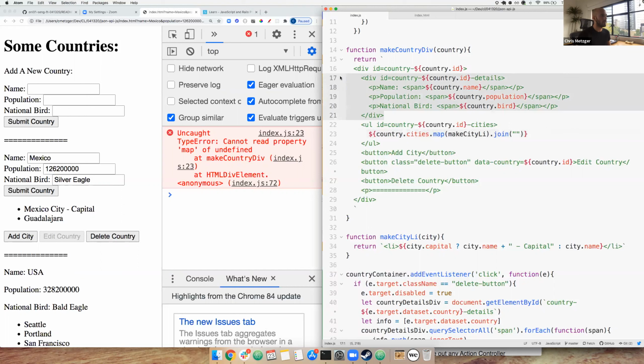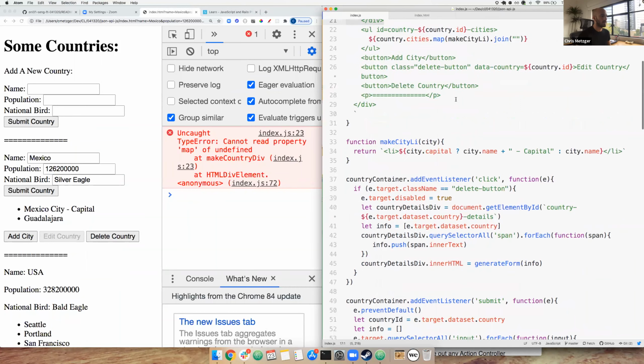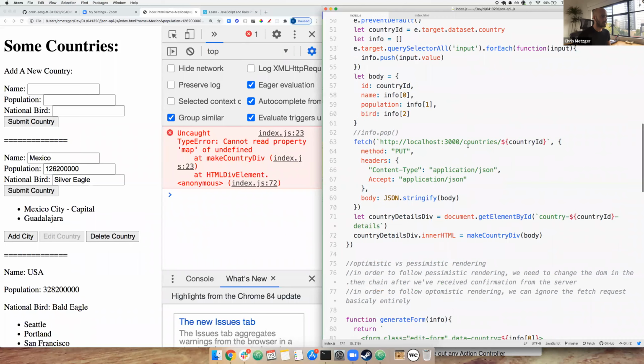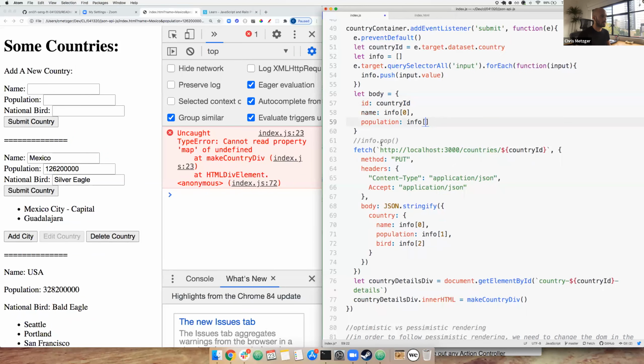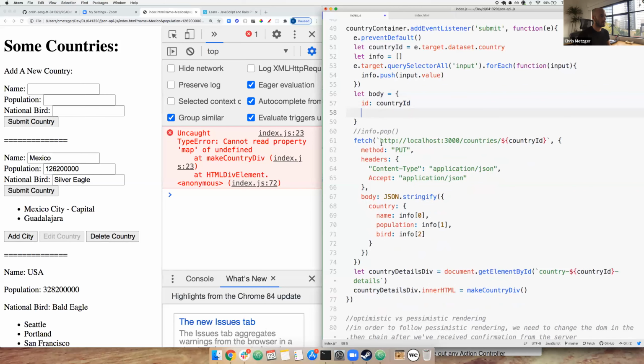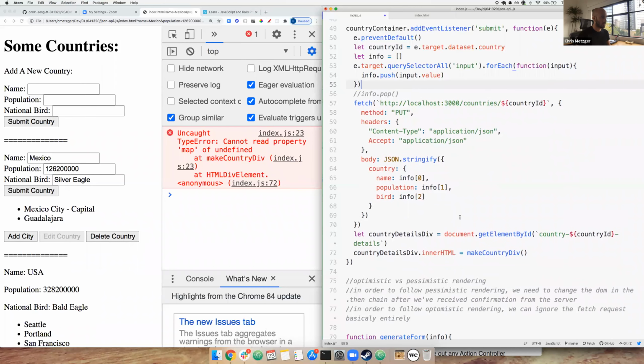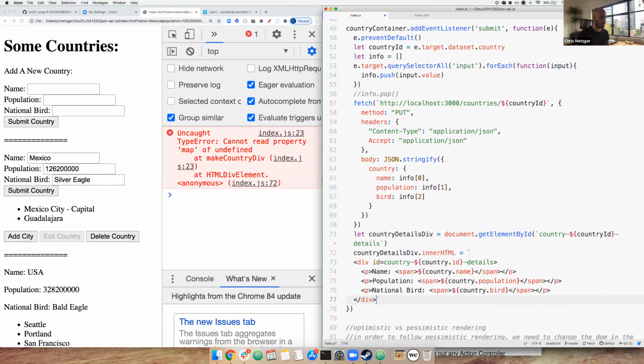Because I only really want this. I only really need to make this. So I guess what I can do is go back to the way I had it before. It's fine. I can just do